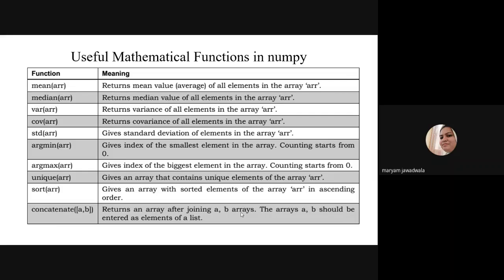And the arrays a and b should be entered as elements of a list. So what is the condition for the concatenate function? The arguments a and b are elements of a list. Okay, so these are some mathematically useful functions already available in numpy. You just import the numpy module and you can use all these functions in your program. Okay,